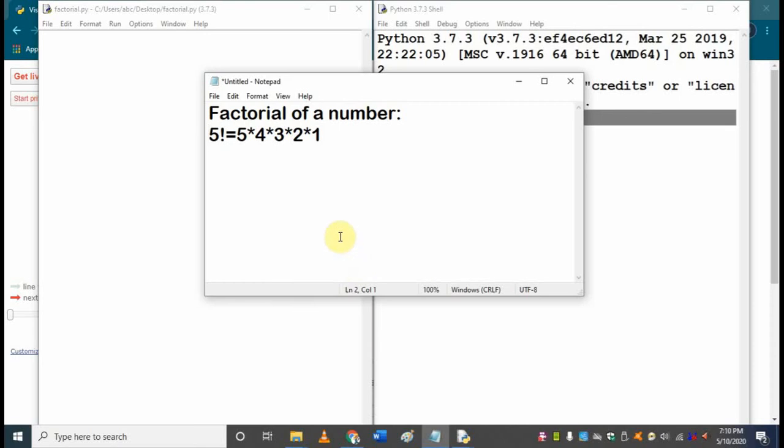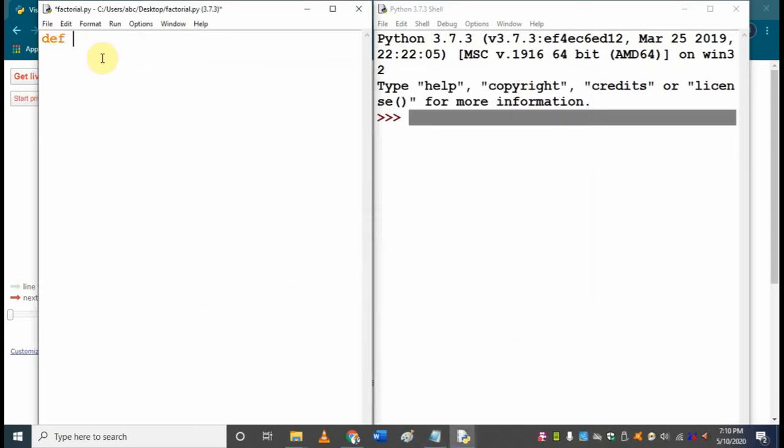Today let us discuss how to find the factorial of a number by using a recursive function. Children, you all know how to write a non-recursive factorial function, right? So what is the factorial of a number? Say, for example, I want to find the factorial of 5. 5 factorial is defined as 5 into 4 into 3 into 2 into 1, isn't it? So you know how to write that function, non-recursive, right?